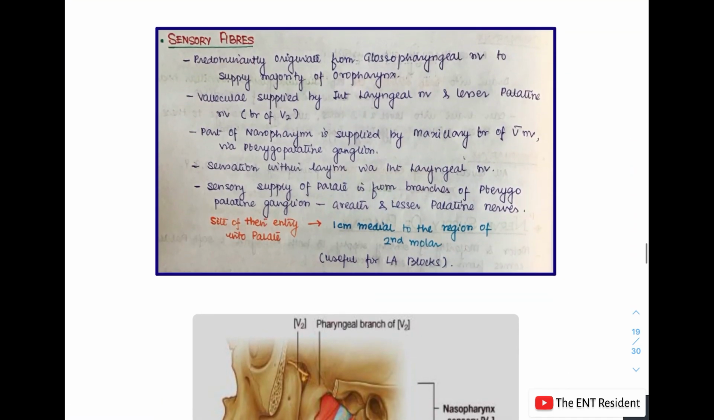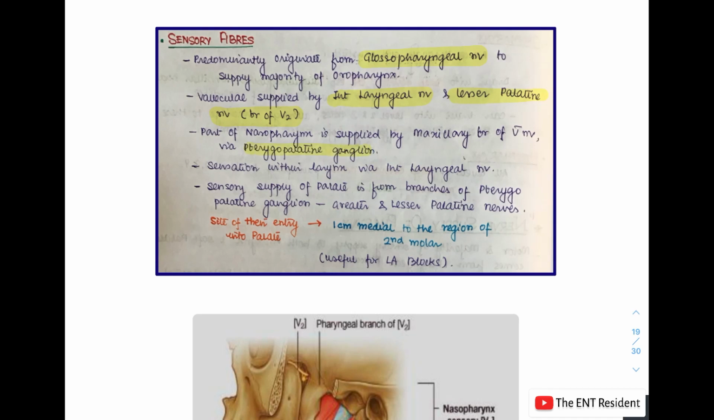Lastly, the sensory fibers. The sensory fibers predominantly originate from the glossopharyngeal nerve, supplying the majority of the oropharynx. Whereas when you come to the laryngopharynx, the vallecula is supplied by the internal laryngeal nerve and the lesser palatine nerve, which is a branch of the second part of the fifth cranial nerve, basically the maxillary division of the trigeminal nerve. Part of the nasopharynx is also supplied by this maxillary branch of the trigeminal nerve via